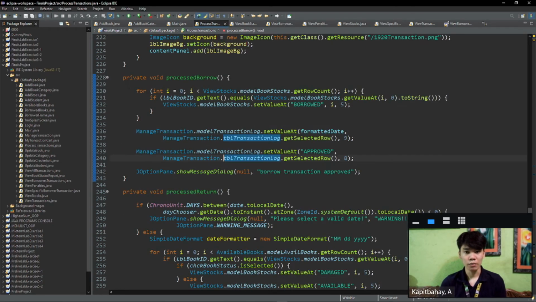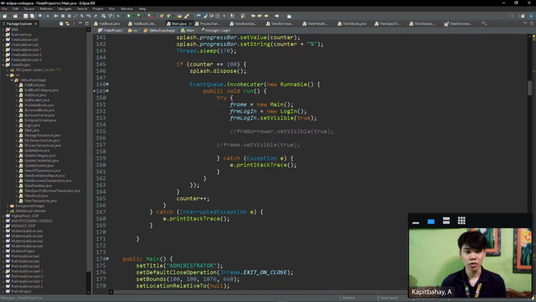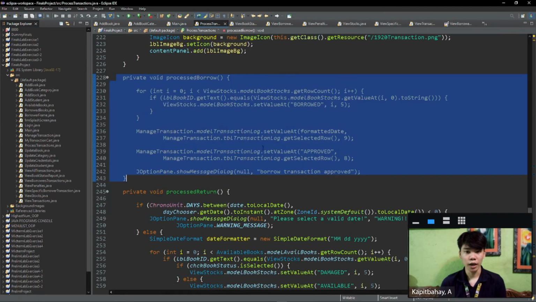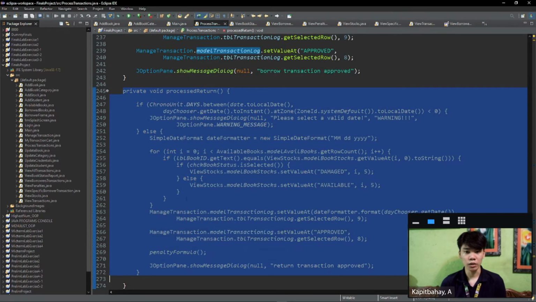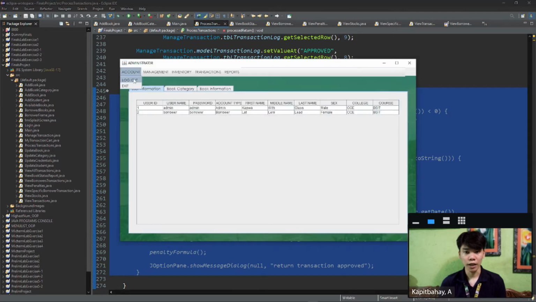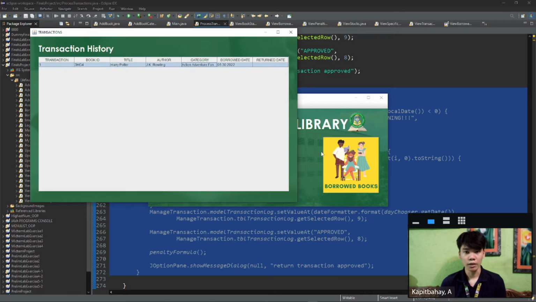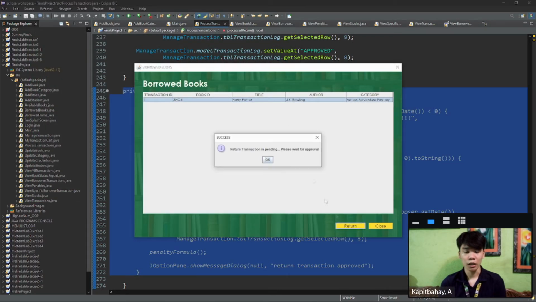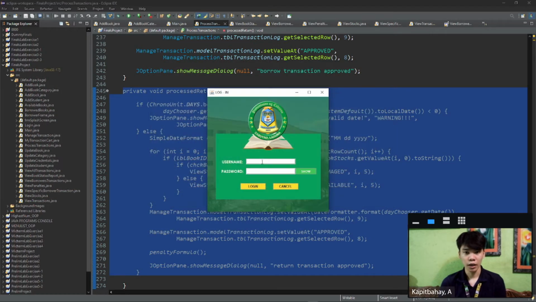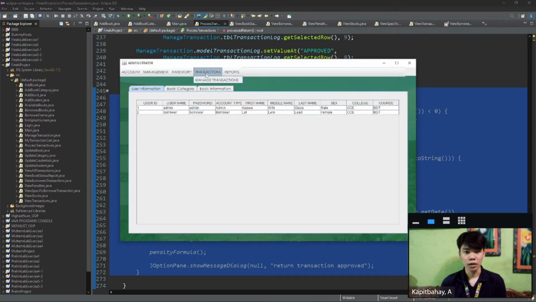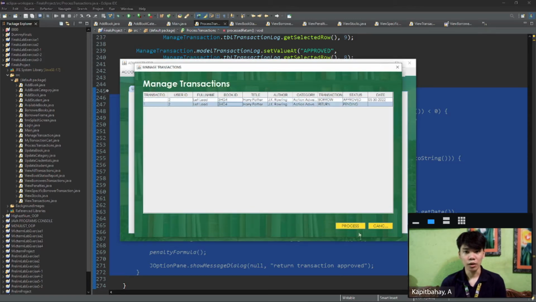We use a Process Borrow method to change the current status of the borrow transaction to approved, and it will display the current date when it is processed. After that, we call it inside the action listener of the JButton OK, so that if the button is clicked, the method will be executed. In the return transaction, the checkbox and date user will be visible, as this is where